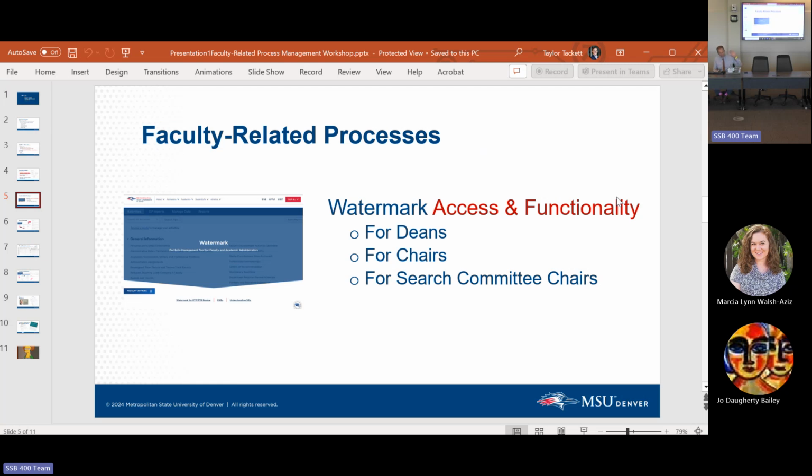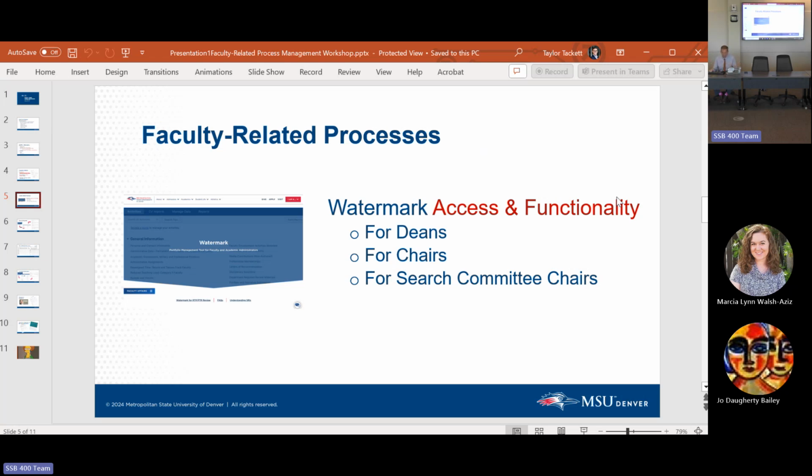So they'll be able to find that on the Faculty Affairs site, a quick form, fill it out. And then we, Faculty Affairs, gather everything and we share it with our chairs and we say, does this look good to you? It does. All right, then we'll coordinate with the deans and make sure everybody's on board. And then it just kind of goes from there. Sound good? Make sense? Okay.